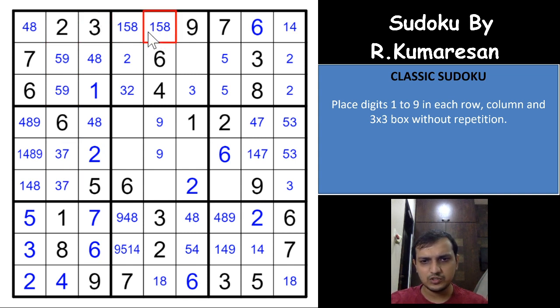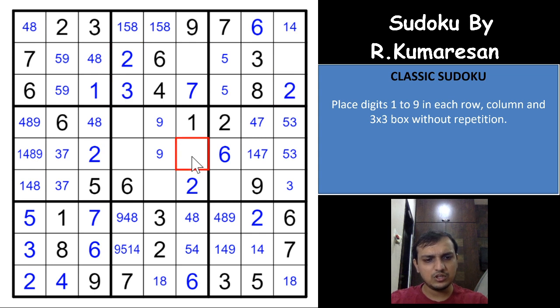5 has to be in one of these 2 cells again. 7 has to be in one of these 2 cells. So if you see the 7 here and here, that directly gives you a 7 here because of this 7. And which gives you a 3 here, a 2 here, a 2 here, right? That was good, very fast one.